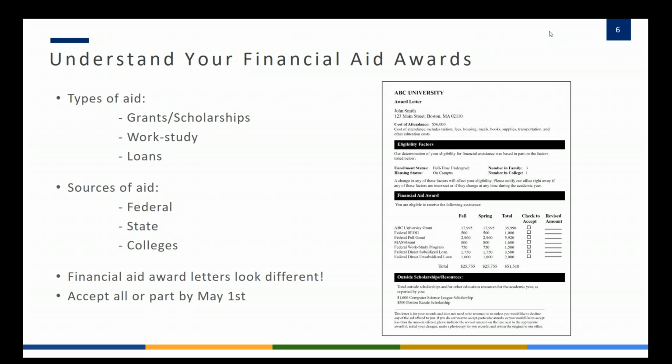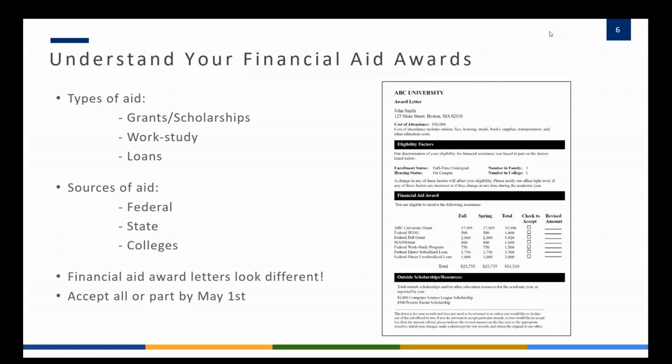Now, the first things families will see on an award letter is the free monies from the institution as well as the federal and state government if they're eligible for any of those grants or scholarships. They do need to accept or decline all or part of the award, so we'll definitely want to advise them to accept all the free money, and they only need to do this at the school they're going to be attending, that they're going to deposit at.